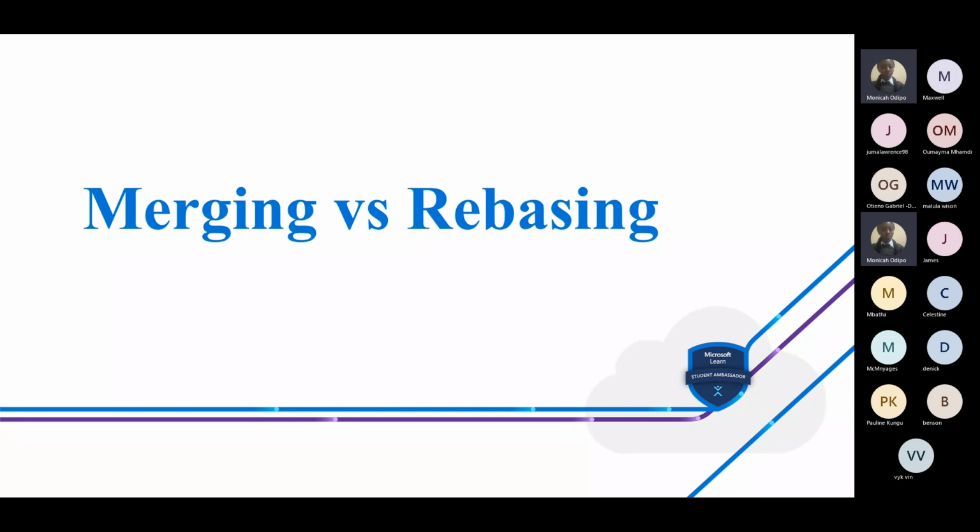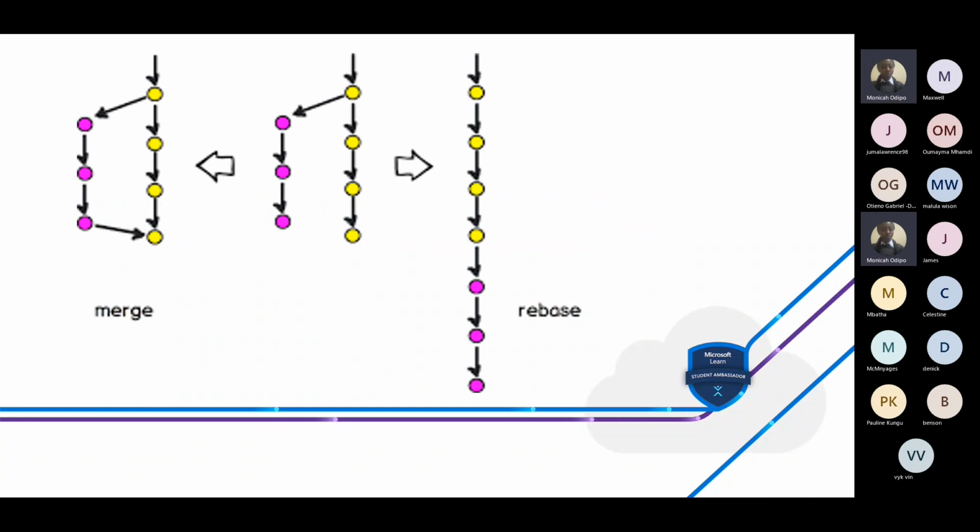And finally, we have merging versus rebasing. It goes deeper than this, but we have merging and rebasing. When you have different branches and whatever they have worked on, you want to merge them at the end. Developers have worked on different stages or phases of a project, and at the end they're done and want to merge. Basically, git merge and git rebase achieve the same thing at the end, but they work differently. With git merge,